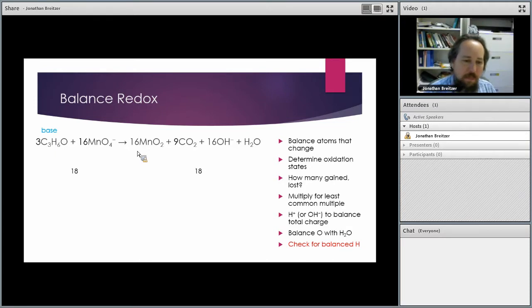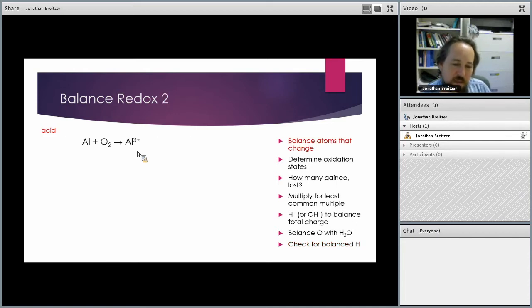Now let's try one more. This is the aluminum air battery. You actually take a piece of aluminum foil. All you need is aluminum foil, activated charcoal that you can get from any aquarium supply store, salt, vinegar, and a paper towel. And it would be a good idea to have a spatula, like a kitchen spatula, made out of stainless steel or something other than aluminum. You put all that together, you actually get a battery that can give you about half an amp of current. And so you can actually use that to run stuff.